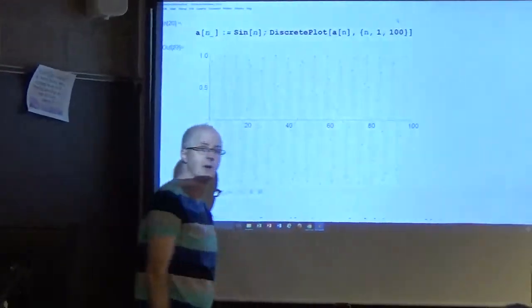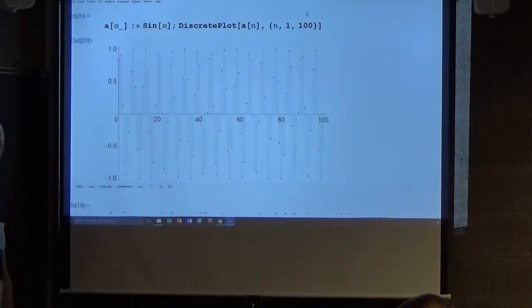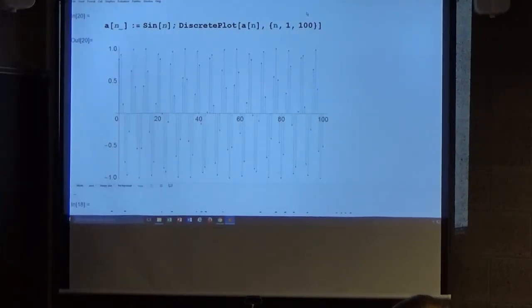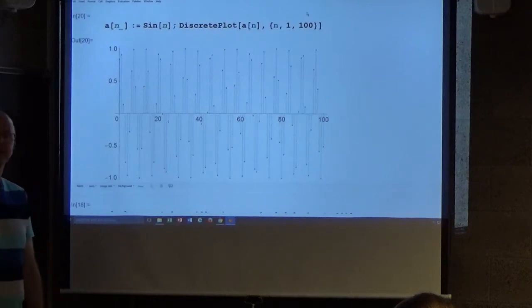Do these ever equal 1? No. Because if they equaled 1, n would have to be equal to pi over 2 plus some integer multiple of 2 pi, and that can't happen. So it's never going to equal 1 here. But I hope it's somewhat intuitive that perhaps you could get arbitrarily close to 1. 1 is a limit of some subsequence. That can be proved, though the proof is difficult.